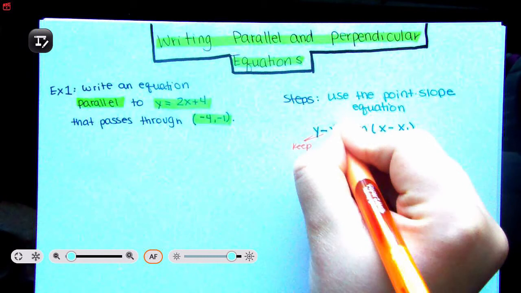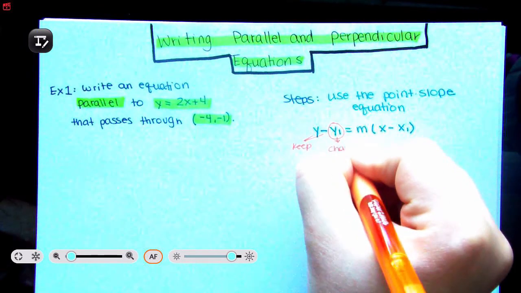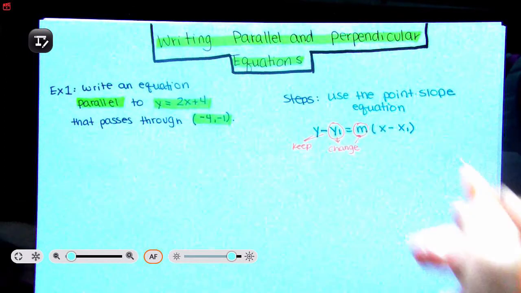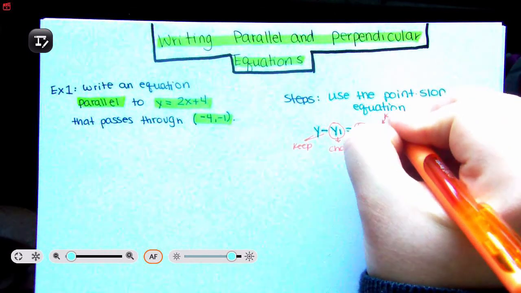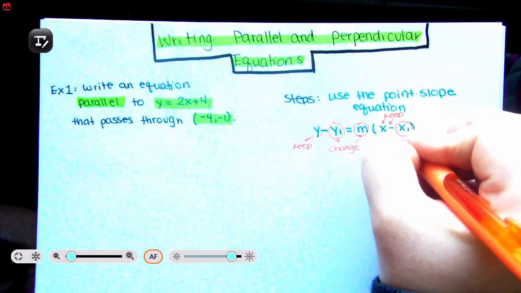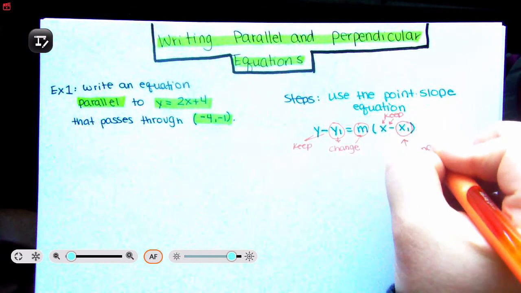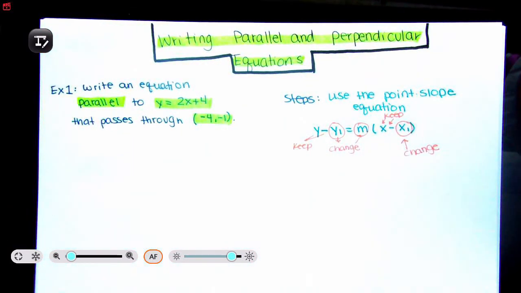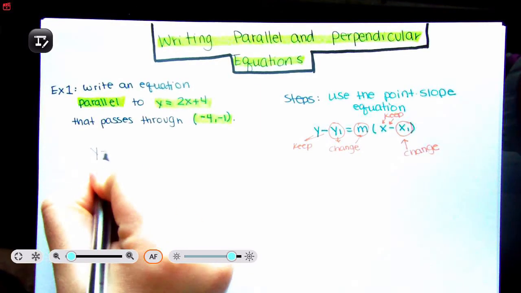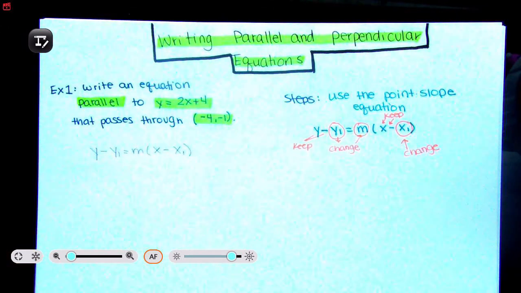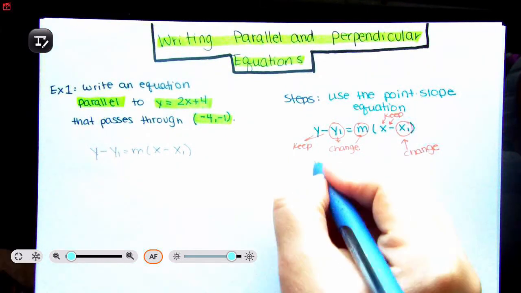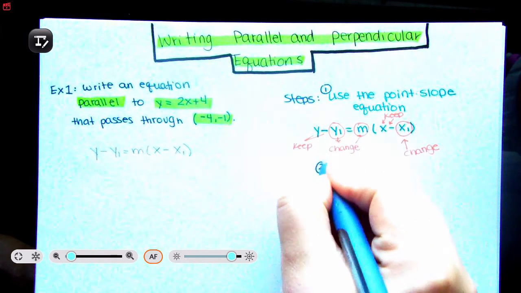we're changing our m1. We are changing our m, which is our slope. We are keeping our x and minus. And once again, we are changing our x1. So again, keep change. So step number 1 is use the point slope equation. So let's do that. Okay, step number 2, that was step number 1. Step number 2,